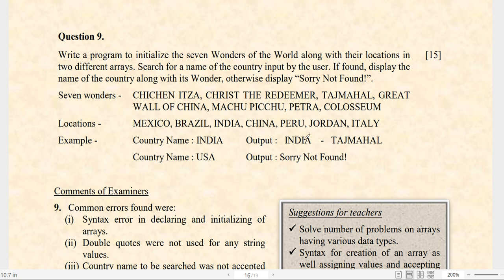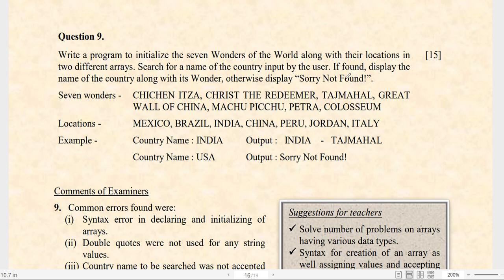So in this program we have two lists of elements. The program is: write a program to initialize the seven wonders of the world along with their location in two different arrays. Search for the name of the country input by the user. If found, display the name of the country along with its wonder.